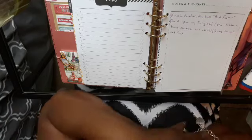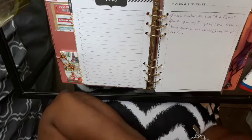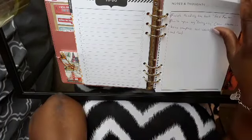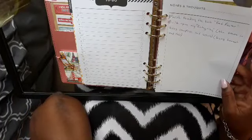Integrity, and I wrote the meaning of integrity is the state of being complete and whole. It also means being honest and fair. So, I can use that in my everyday life, on my job, at church, what have you. I can use that in my home, raising my children, my child, even communicating with my sons that do not